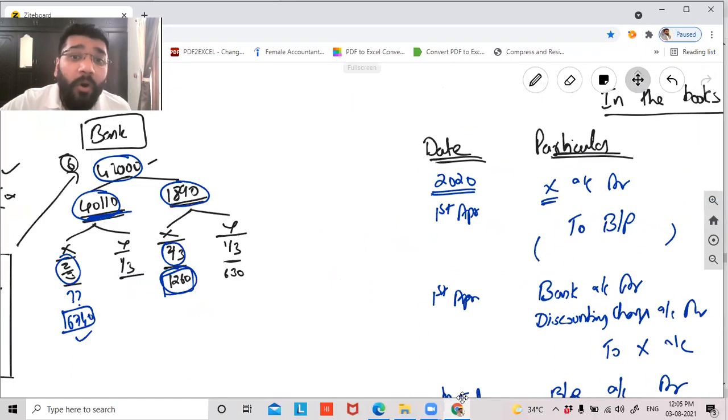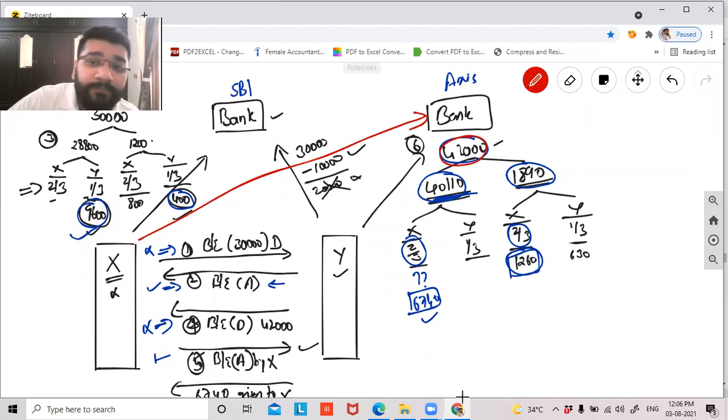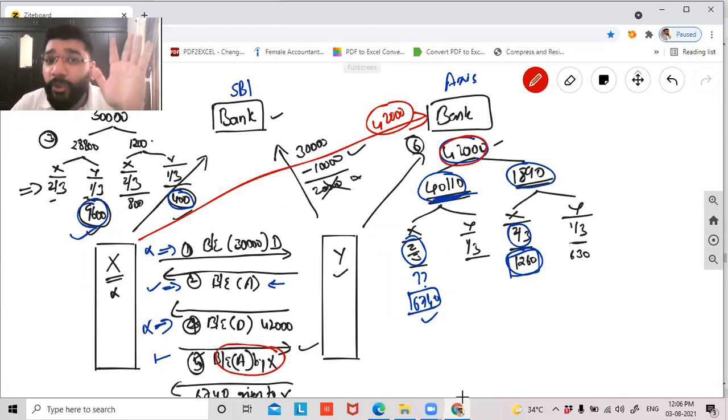Now what is happening? On the due date of the second bill, 42,000 rupees, technically who has to pay to whom? Can I say X has to pay to Axis Bank? Technically, because X has accepted this bill of 42,000 rupees. Technically on the due date, X is supposed to make the 42,000 rupees payment to Axis Bank. Yes or no? Yes, sir. In case on the maturity date X is not paying this money, will Axis Bank recover this money from X, or will they recover this money from Y?